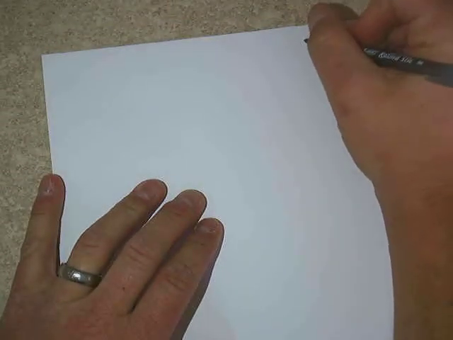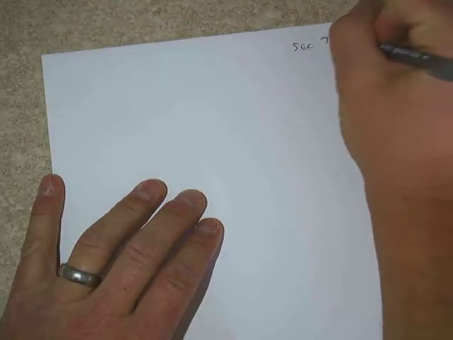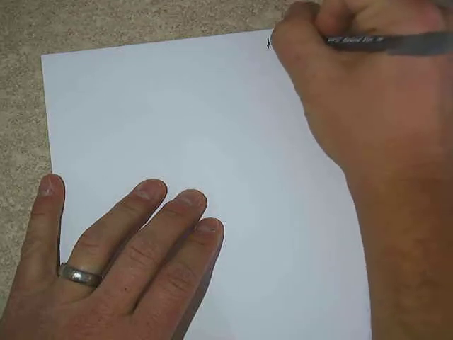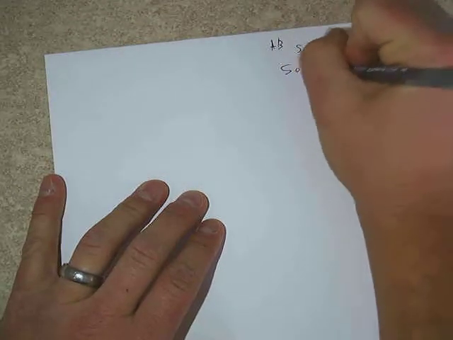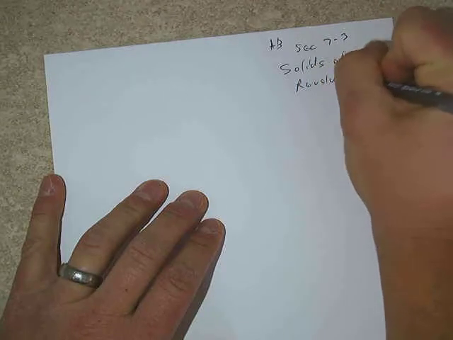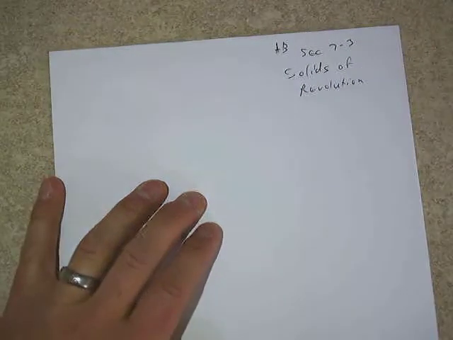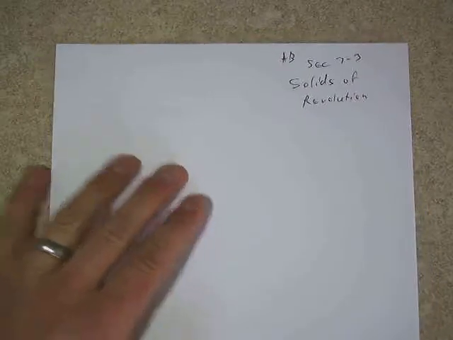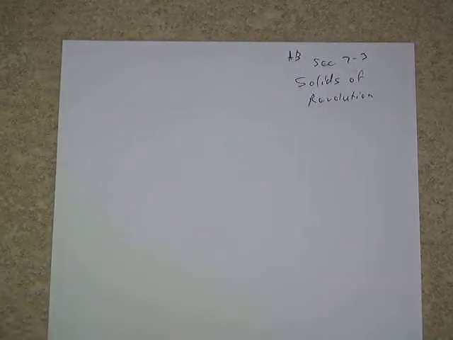which is going to be still section 7.3. And what we're going to look at this time is solids of revolution. So we've had a little bit of experience, as I mentioned yesterday, with solids of revolution in terms of taking a slice and revolving it around a line of some sort. And we ultimately